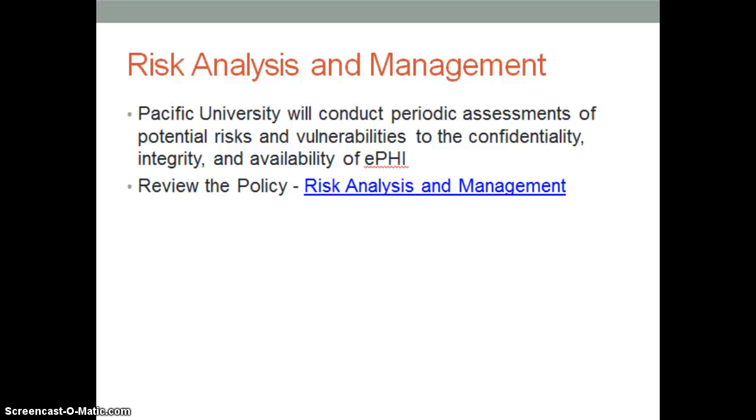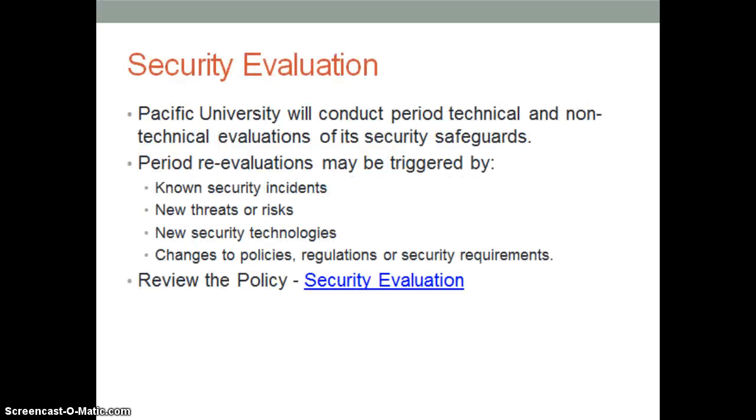Risk analysis and management. The university will conduct periodic assessments of risks and vulnerabilities to make sure that our information is kept confidential and the integrity of our protected health information. Please review this policy as well. Security evaluations,